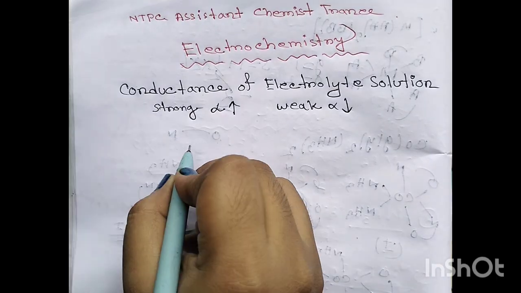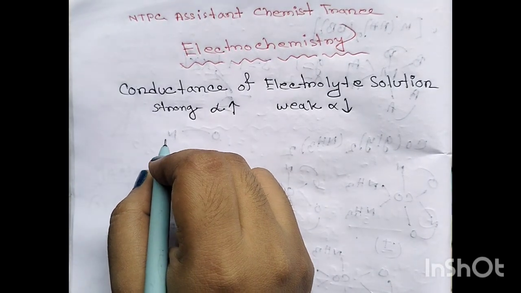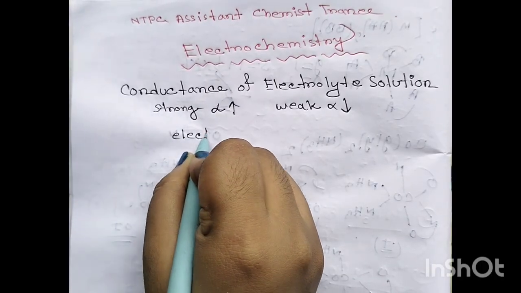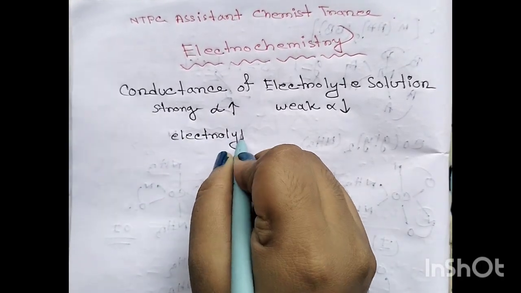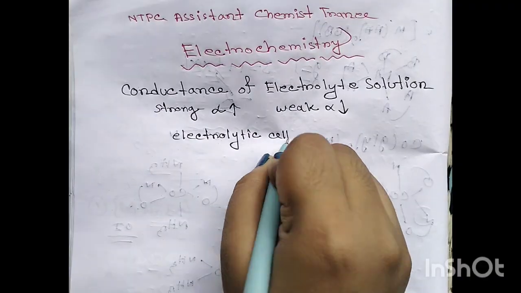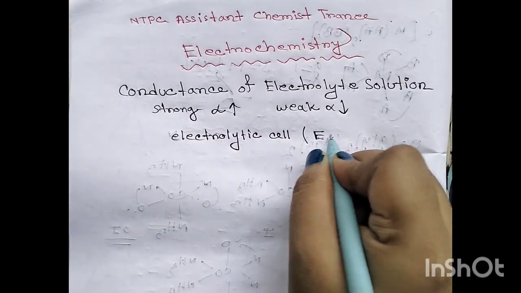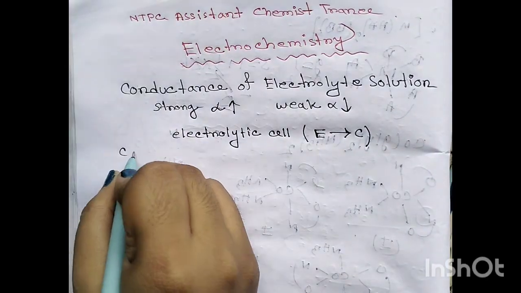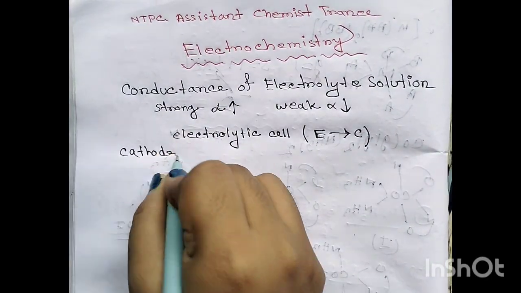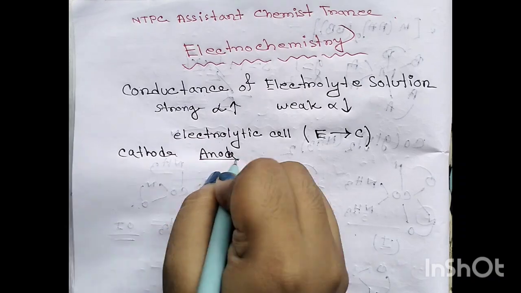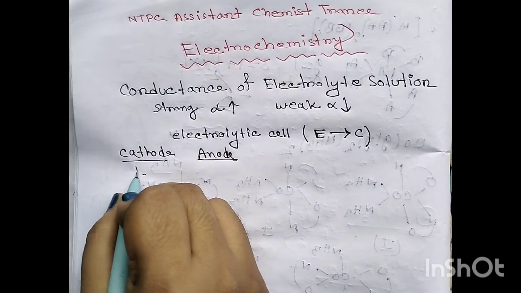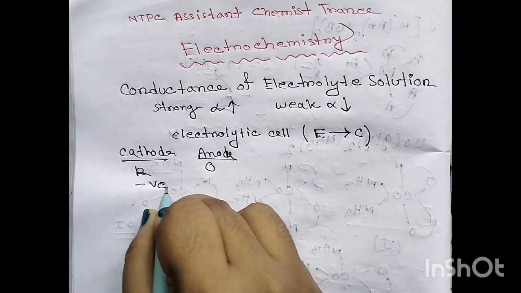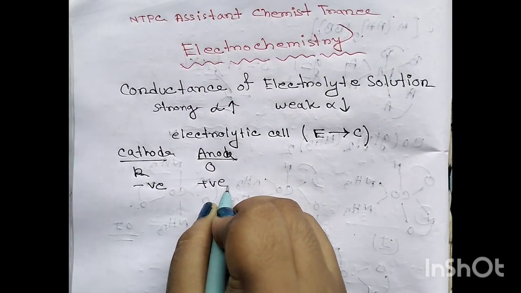और एक बात, फॉर इलेक्ट्रोलाइटिक सेल, इलेक्ट्रोलाइटिक सेल में कौन सा सेल? Electrical energy converted to chemical energy. Okay, here cathode and anode, कैथोड में रिडक्शन होगा, एनोड में ऑक्सीडेशन। Cathode is negatively charged and anode is positively charged. ओके,